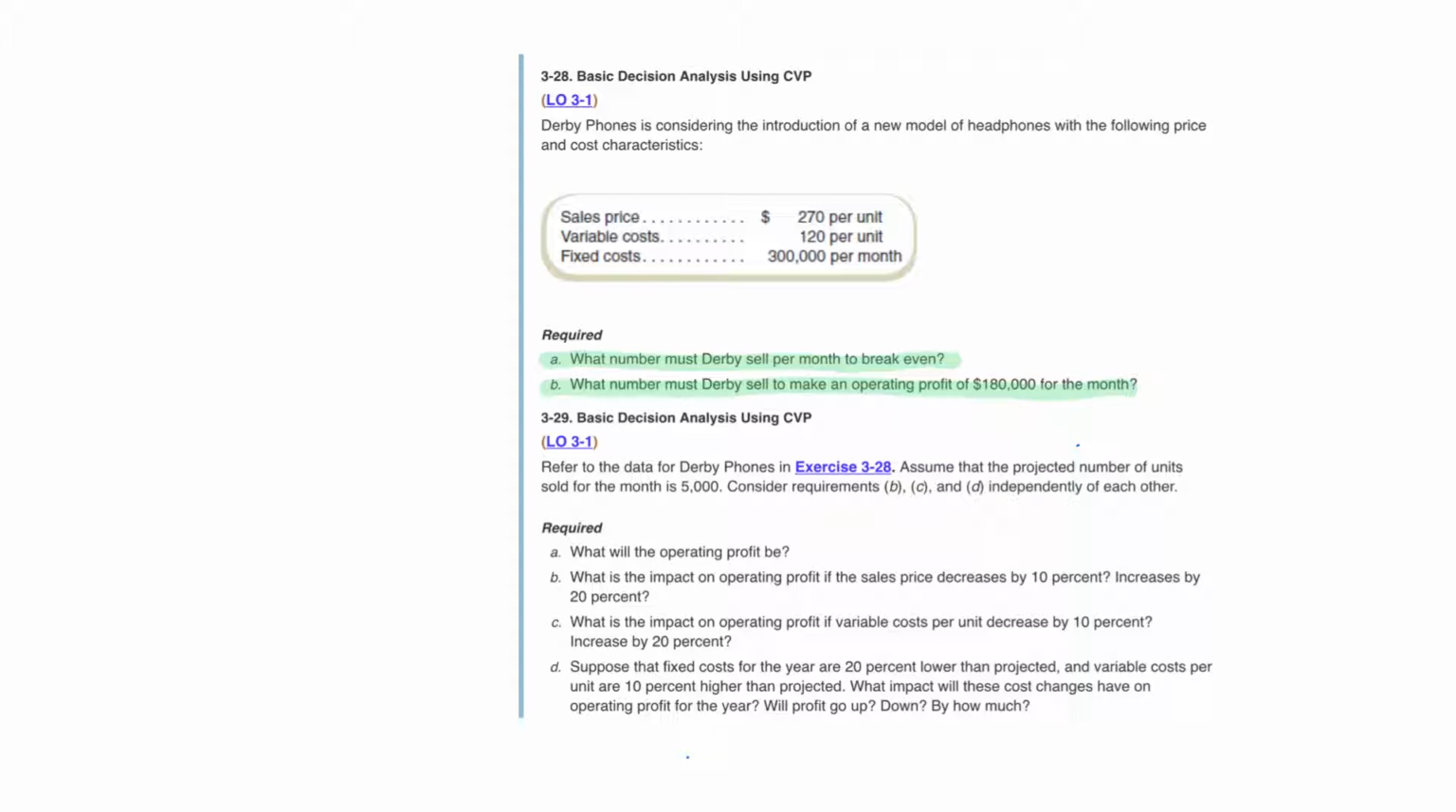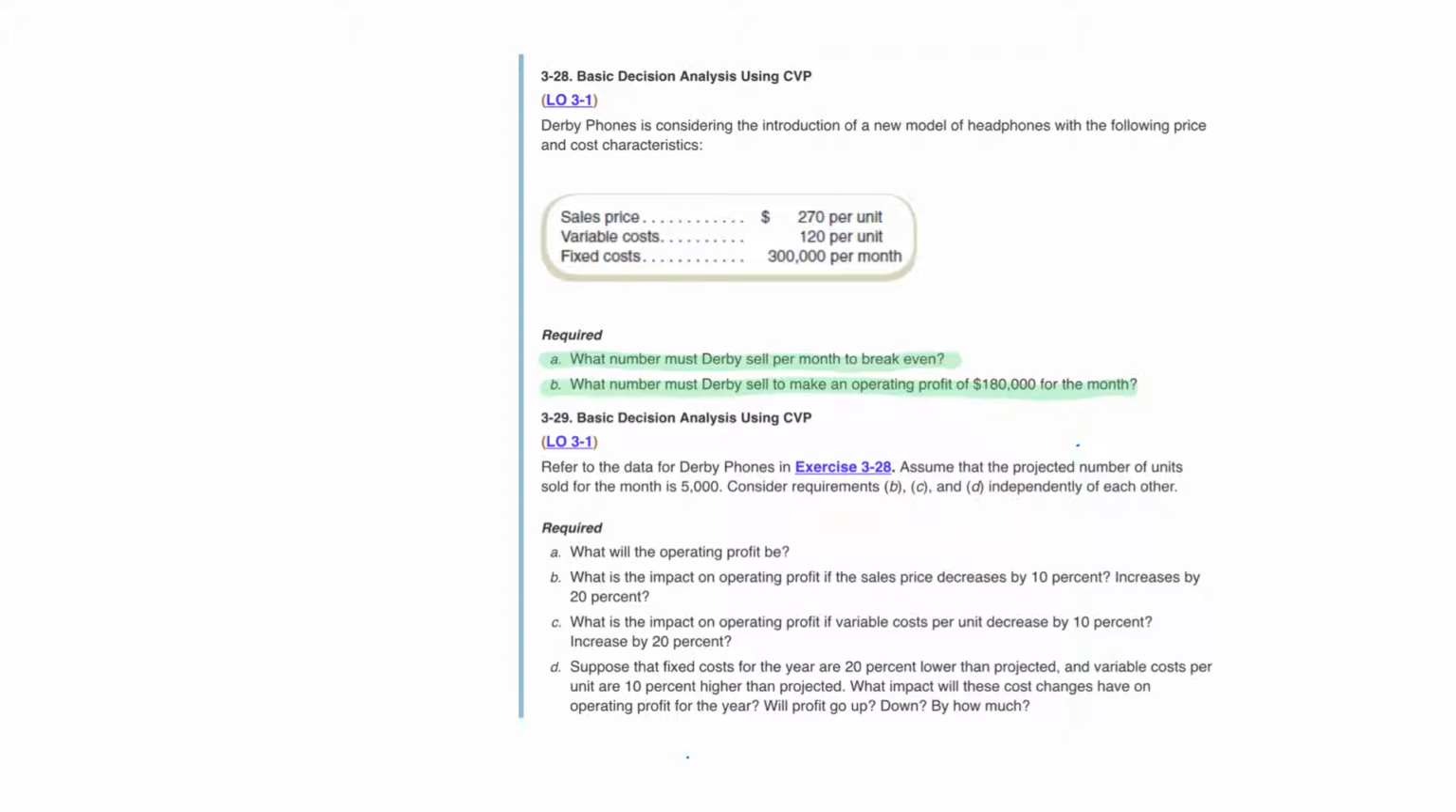So for Part A, what number must Derby sell to break even, and what number must Derby sell in order to make an operating profit of $180,000 for the next month? You should give these a try. So stop the video to see if you can come up with an answer, and I'll show you the solutions